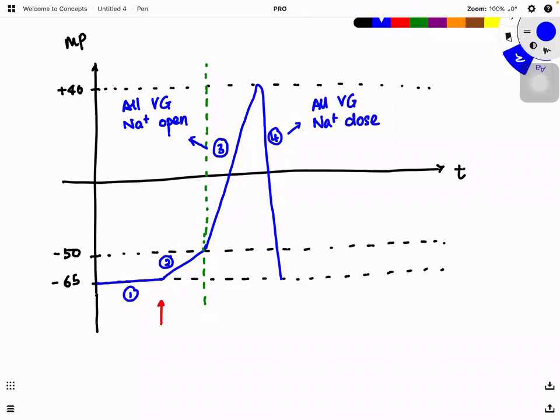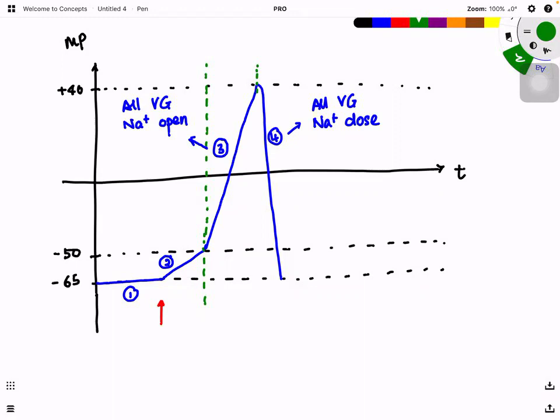For example, I tell you time's up, stop writing, and you submit your paper. Reaching positive 40 is like time's up, you have to submit your paper. After submission, you suddenly tell me, oh sir, I know how to answer the question. Can I give you the marks? I can't give you the marks. Same concept here: we now enter phase 4,